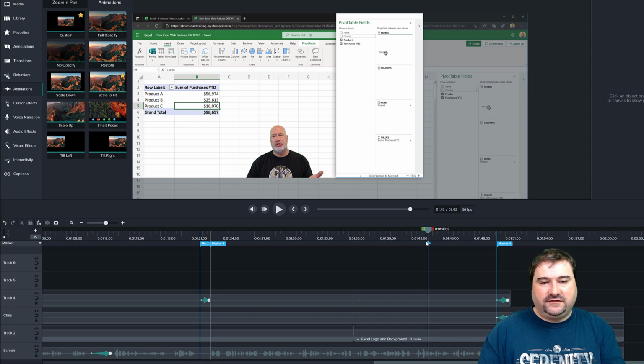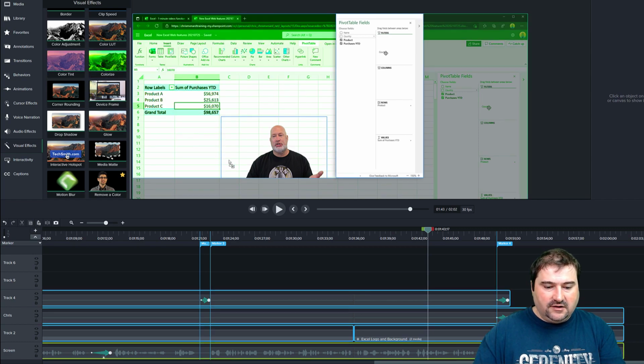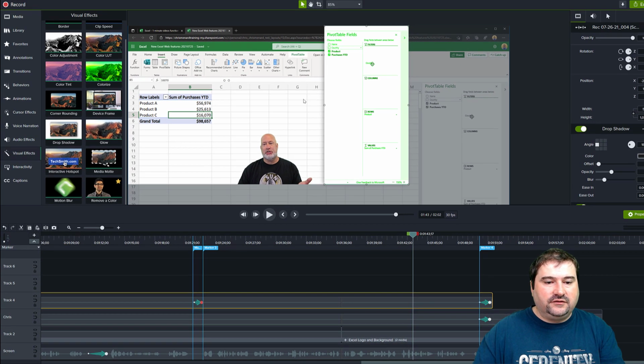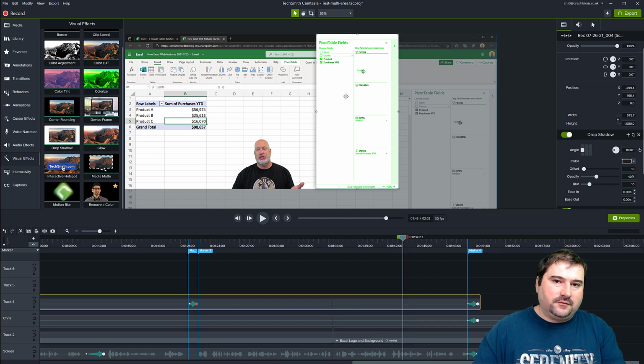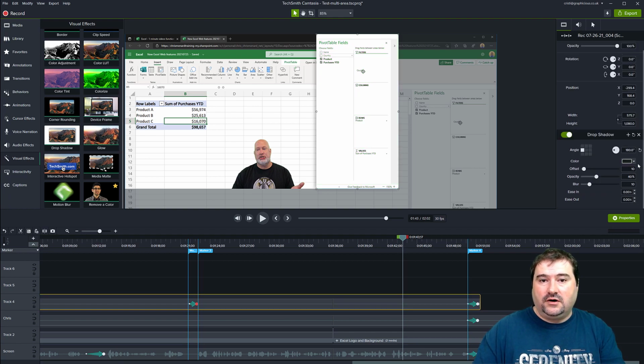And if it helps you to distinguish them, you can actually add a color visual effect. If you go to visual effects, you can colorize or add a color tint to it, maybe colorizing, right? So this is my copy clip like this. You can see it's all green. It's ridiculous and exaggerated, but it helps you distinguish the copy clip from the original clip if it helps you during editing. And then you can just go on the side panel here and remove that effect at the end of your editing session. So this is one way to show that you have your distinct clips, if it helps you.